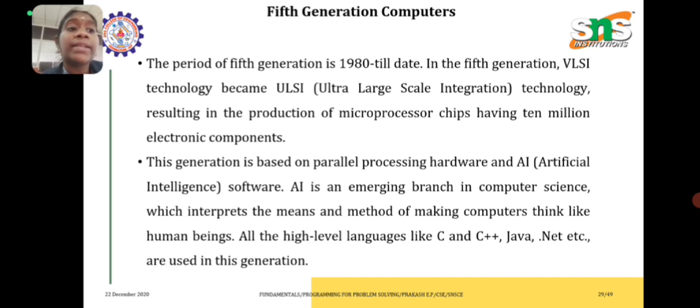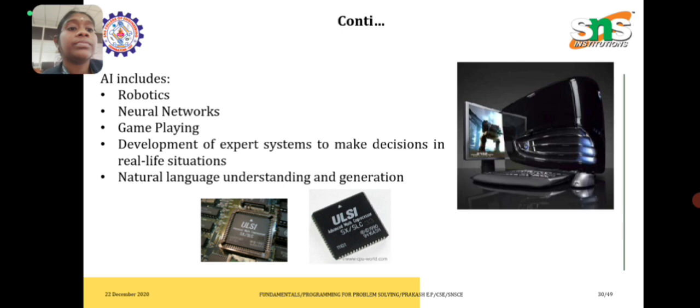AI is an emerging branch in computer science which interprets the means and methods of making computers think like human beings. All the high-level languages like C, C++, Java, .NET, etc. are used in this generation. AI includes robotics, neural networks, game playing,